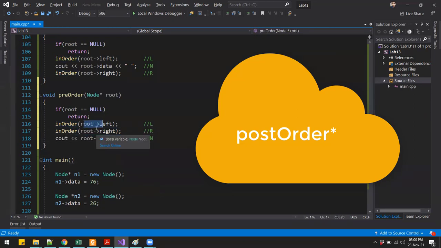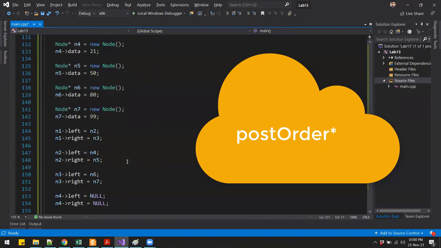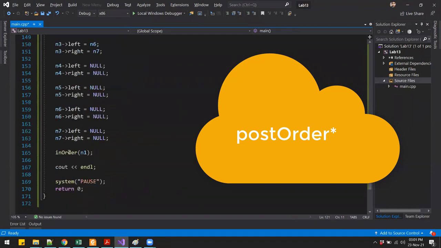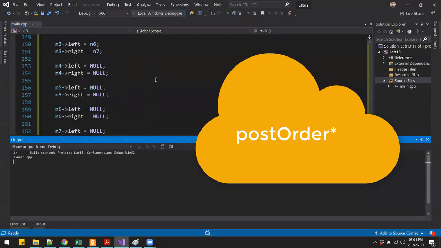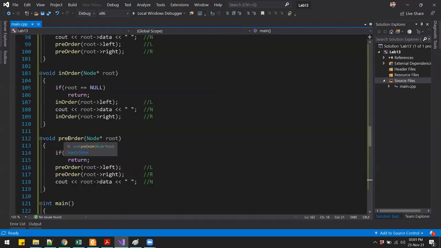So left, right, and then the node. Make a recursive call and call the function here. Run. Sorry, this will be post order, not pre-order.